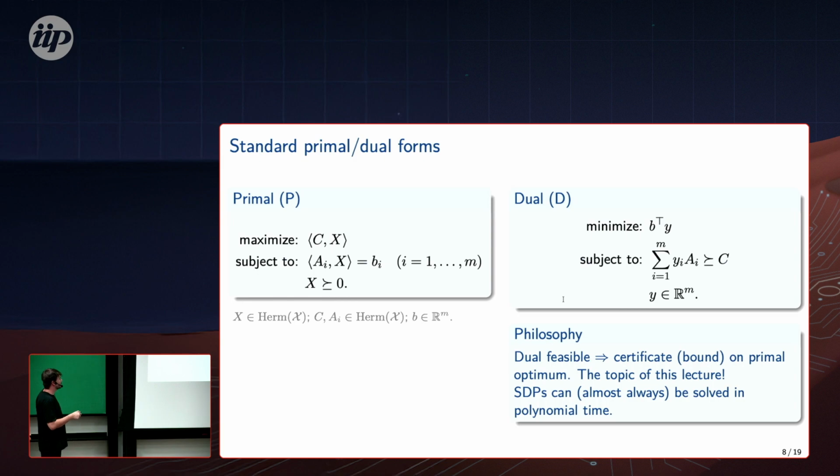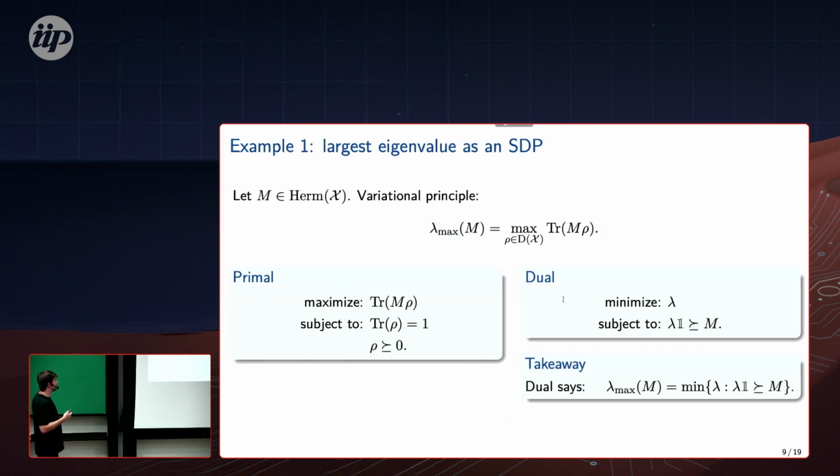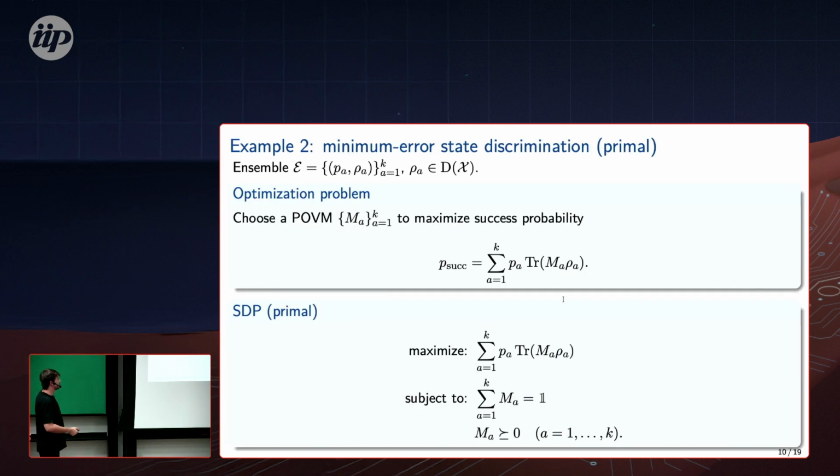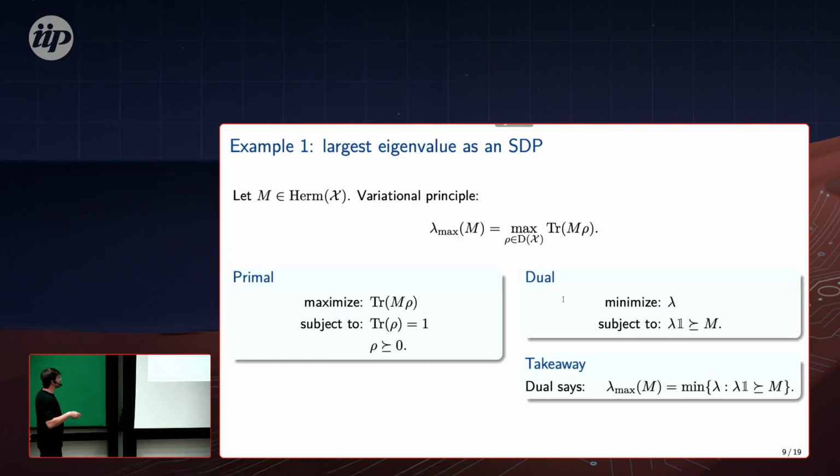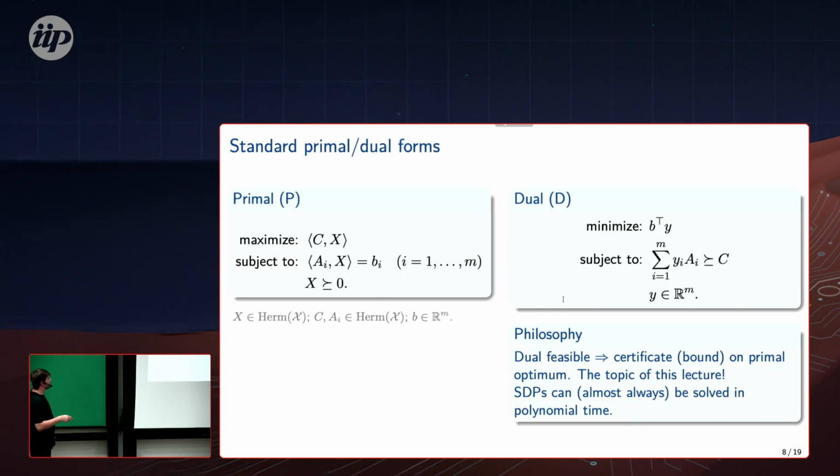And you might now protest and say, hey, Daniel, you told me that SDPs look like this. And now, where are the traces? Why are the constraints written like that? As I told you before, once you start working with SDPs, you see that there are many equivalent ways to formulate them. So I'm just going to take a few minutes to show you how to massage these constraints into precisely constraints of this form.